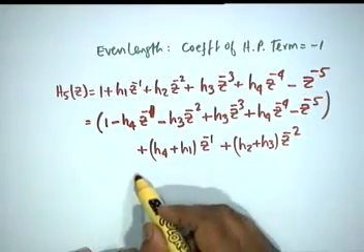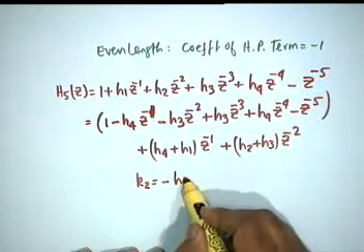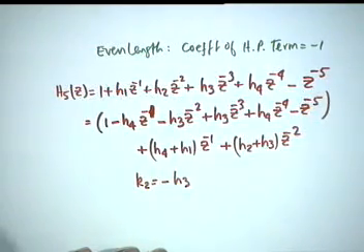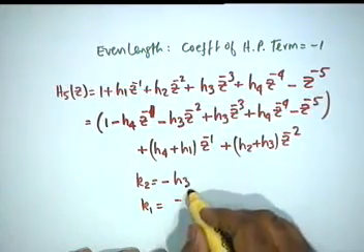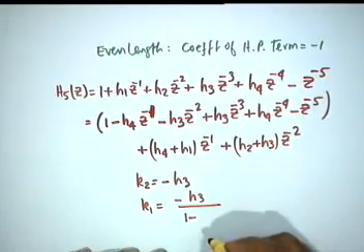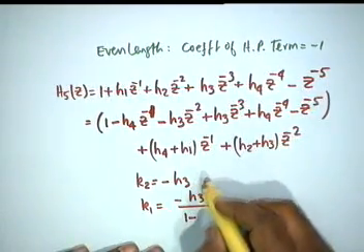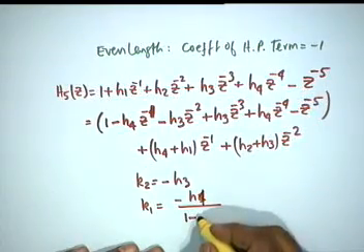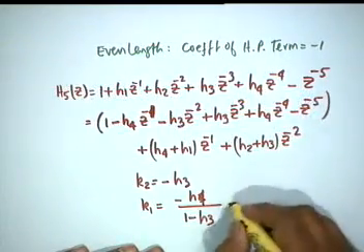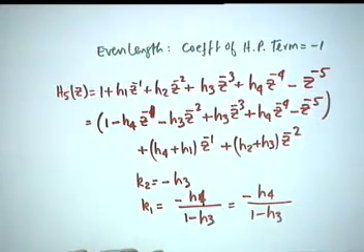The only thing that I want to point out here is K2 is equal to minus H3, agree? K1 would be equal to minus H3 divided by 1 minus H4 divided by, that is correct. Let me correct it, minus H4 divided by 1 minus H3. K3 and K4 shall be equal to 0 and K5 would be equal to minus 1.